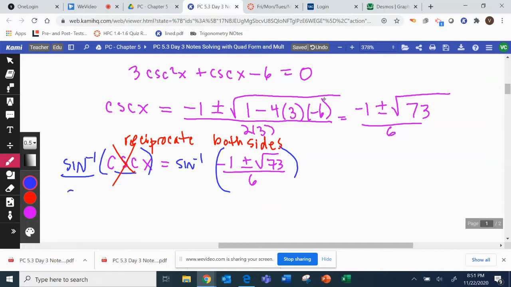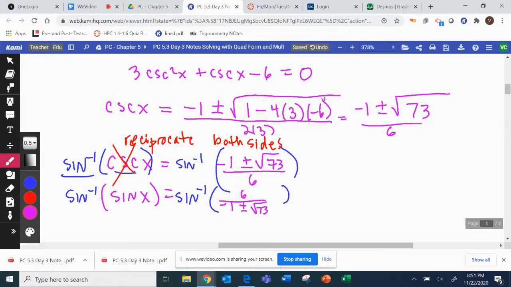So I will be doing sine inverse, and I will have sine x. So I will reciprocate cosecant, right, sine. On the other side, I will have sine inverse. If I have to reciprocate what's sitting there, which gives me 6 over -1 plus or minus square root